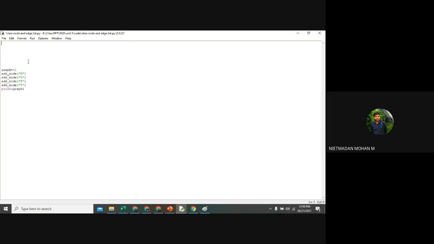So same thing, I want to add a node first, right? So def add underscore node. How many arguments do I want to pass here? For adding a node, only one argument. And again, I want to check the condition: if v is in graph. Here I am checking whether the v is applicable in a graph. If it is already present, then I want to print that it is already present, or whatever it may be. You can print those things. If it is not present, then what do I want to do?